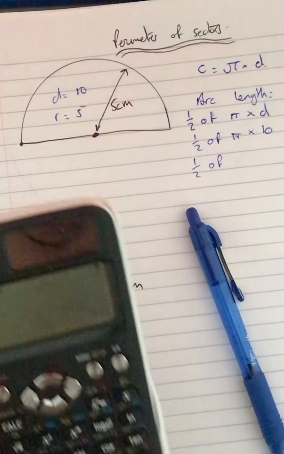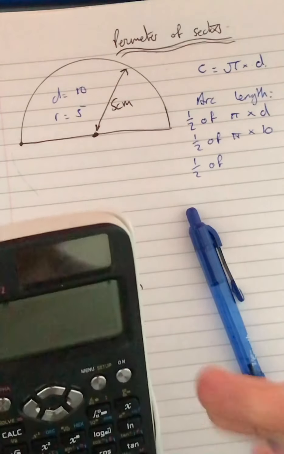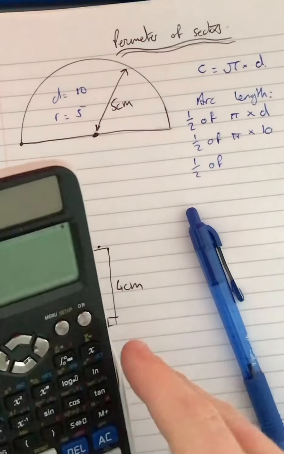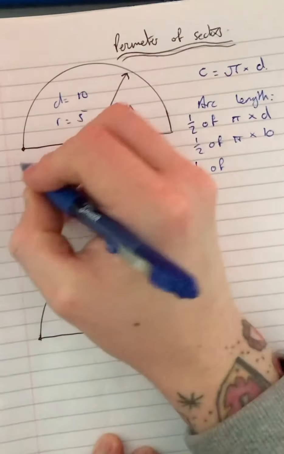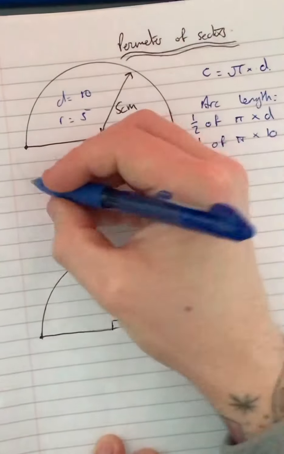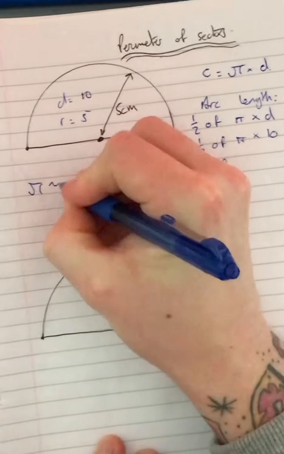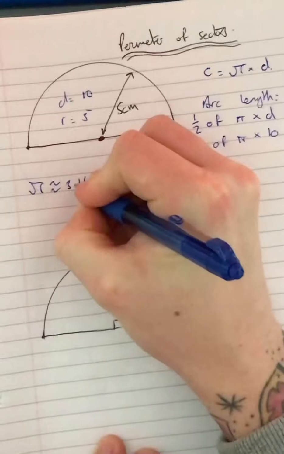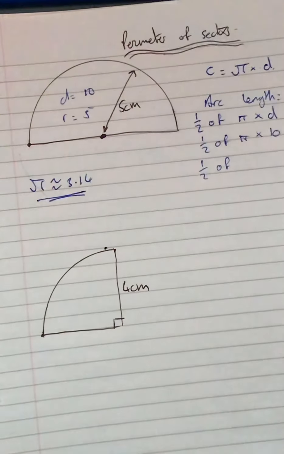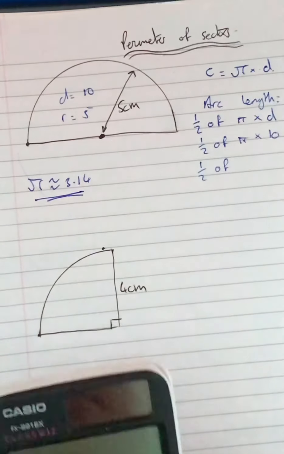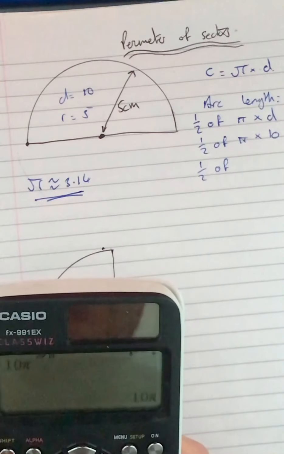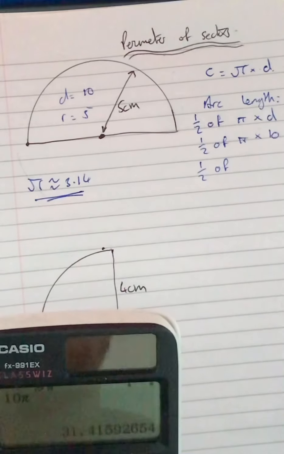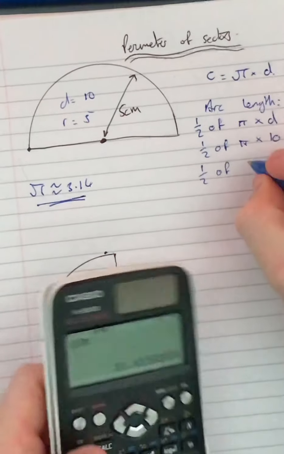Now guys, if you don't have a scientific calculator, hopefully you should have, but if you don't, use 3.14 as your rough approximation. So if we don't have a scientific calculator, this is going to be the approximation that you're going to use, because then you can use the calculator on your phone to do it, okay, and you'll still be able to answer these questions. So pi times 10 is going to be 31.42, okay,